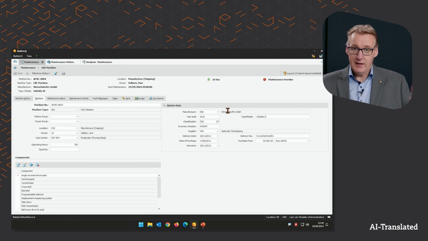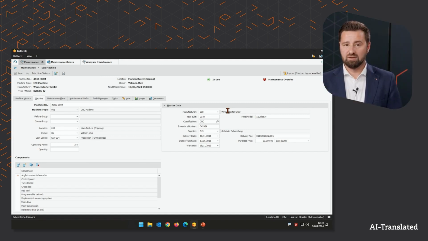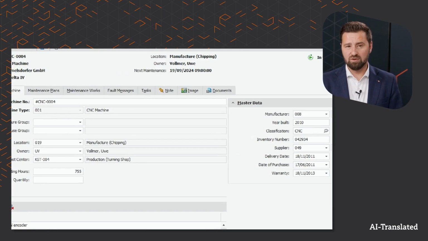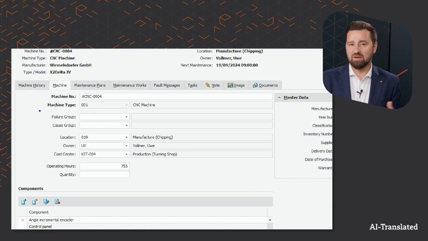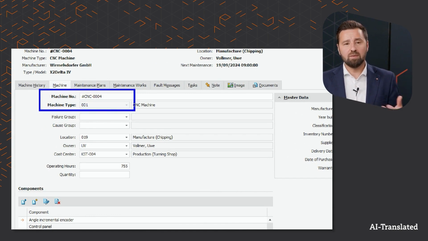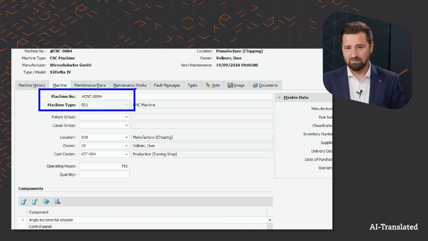You can already see a classic Windows dialog with various fields that can be filled out. It starts with the machine number, the machine type, as well as other fields that are not bolded. The top two are our mandatory fields that we simply need so that the system runs. For the ones behind that, you can decide for yourself whether to fill them out or not. And you can also decide whether they should even be displayed here or not.